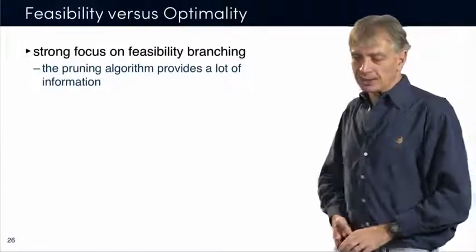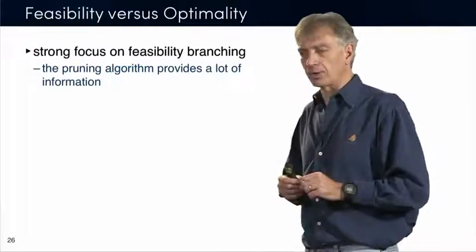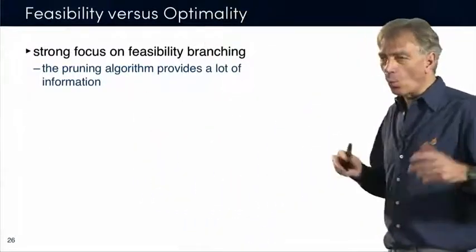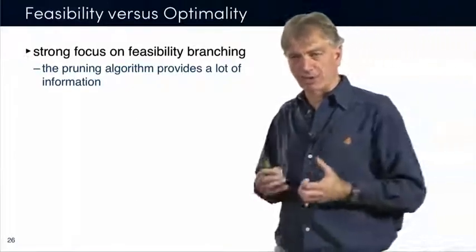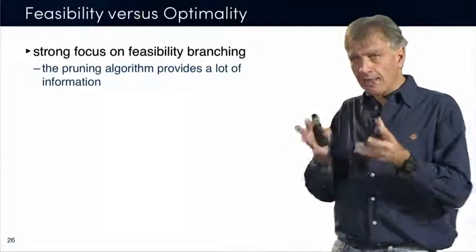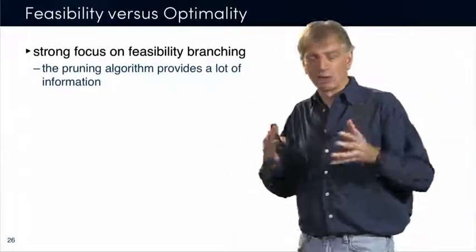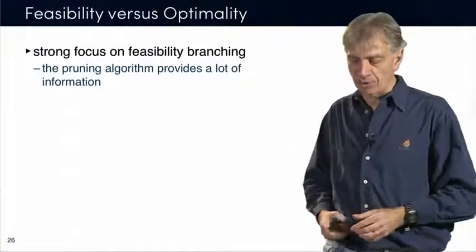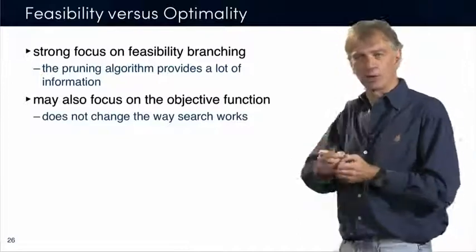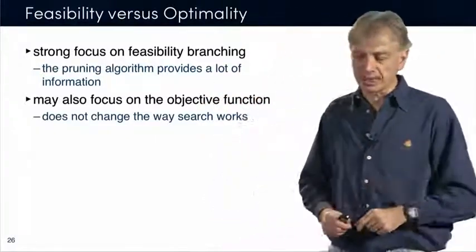Okay? So essentially, what I've shown you so far is that in constraint programming, most of the time, we try to use feasibility information for branching. And why? Because that's essentially what a constraint programming system is doing. It's basically reasoning about feasibility, pruning the search space. And that gives you a lot of information about which variables are tough, which variables are central to actually the problem we are trying to solve. But sometimes we have an optimization problem. And so we are trying to find an optimal solution for an objective function. And it's important to look at the value of the objective function as well.